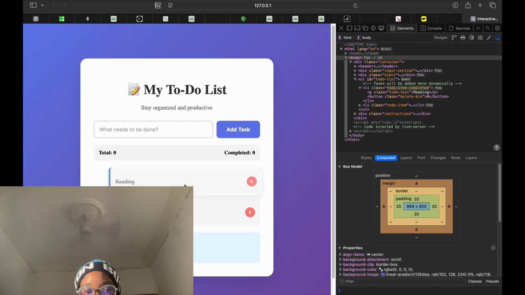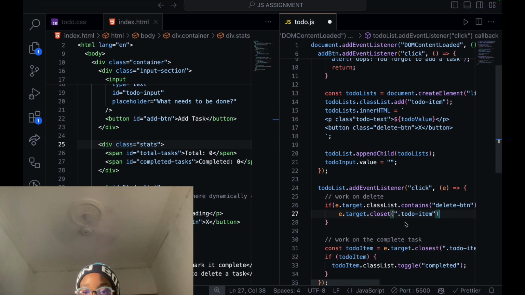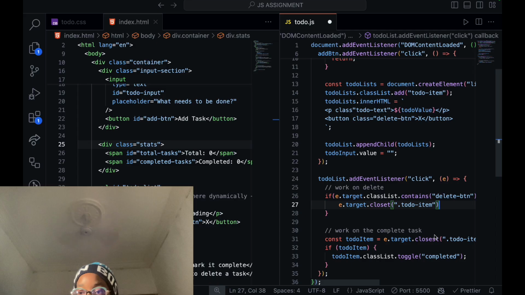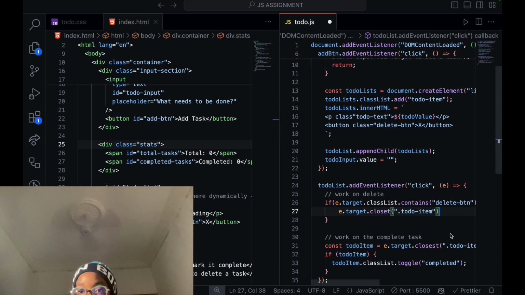Now when I press this, you see it's been added independently. Me tapping on this doesn't affect this, right? It doesn't affect this. So what we can basically do here is that